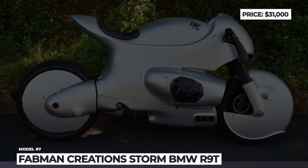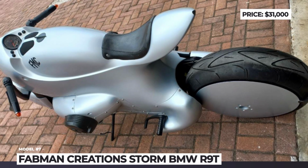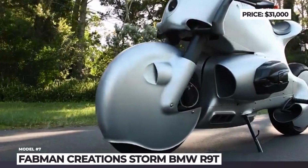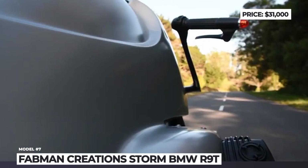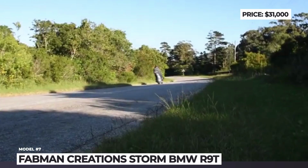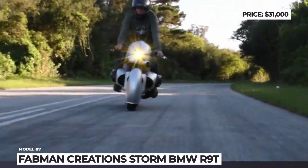Fabman Creations Storm BMW R90. While working on their latest build, the South African tuning masters derived inspiration from aviation, more specifically the World War II era fighter jets. The custom Storm R90 boasts a retro-inspired clean aluminum bodywork, which is carefully combined with futuristic forms. Fully handcrafted during 8 months of work, all body parts were connected by Allen head fasteners, which mimic the